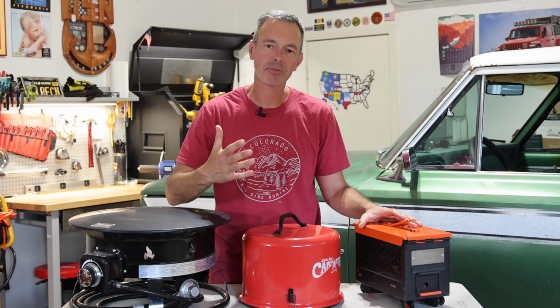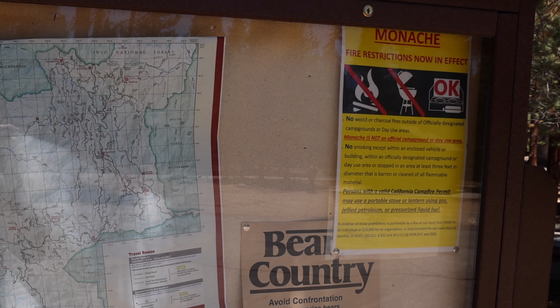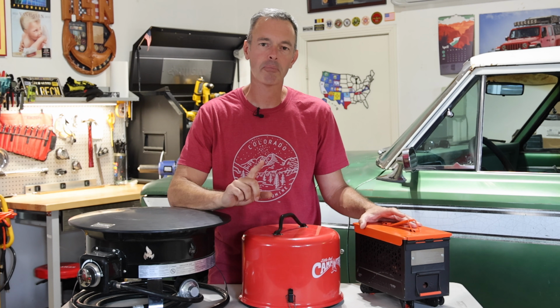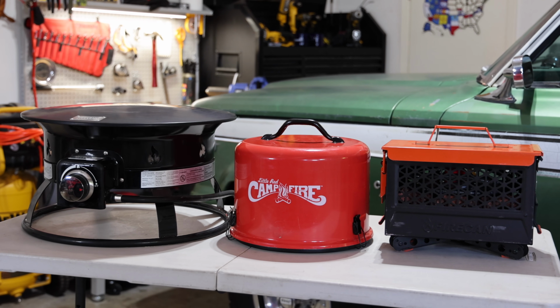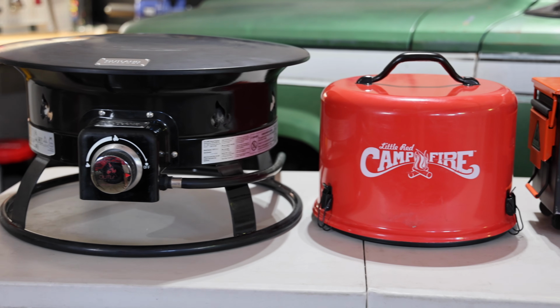Unfortunately, over the last couple of years, there have been many campfire bans in a lot of locations. However, some of those places will still allow you to use an above ground propane fire pit, like the 3 that I have here. These are 3 different propane campfire pits that I've purchased and have been using over the